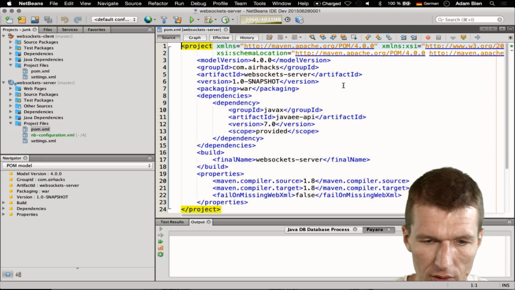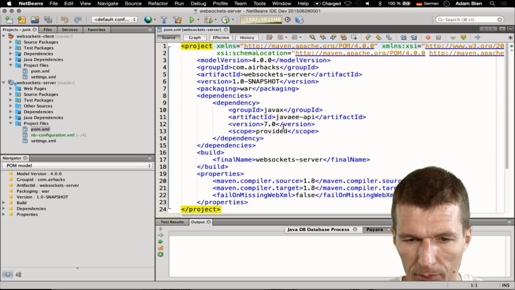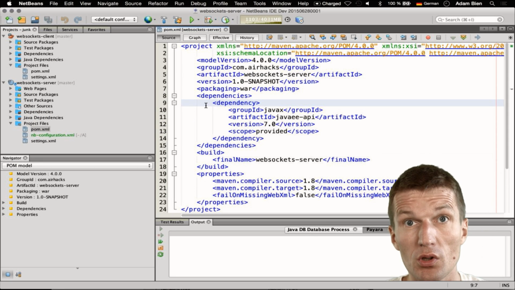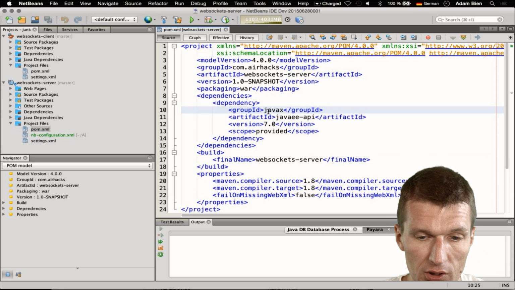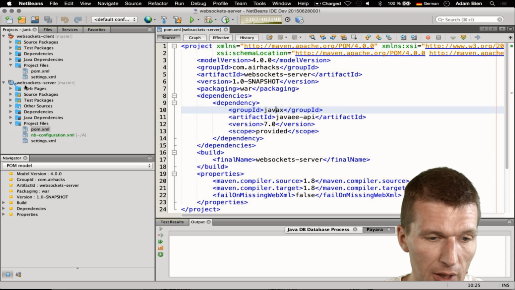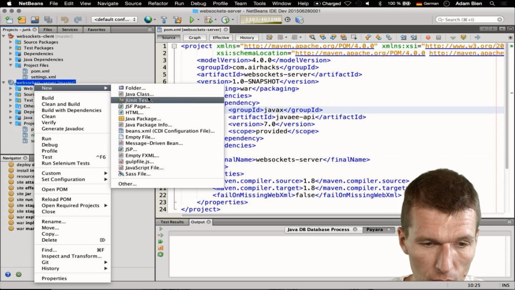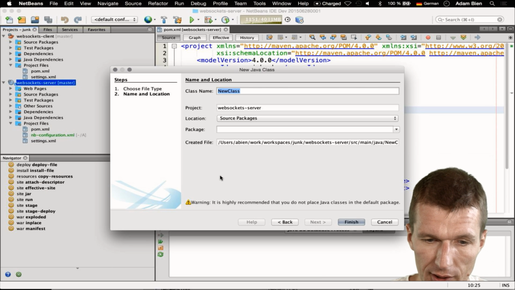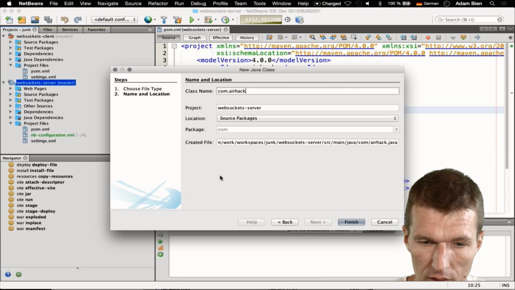There is nothing there except an empty Java EE project, maybe a Java EE project with a single dependency to the Java EE 7 API. And I would like to start with the endpoint. So I will create a class, Hello